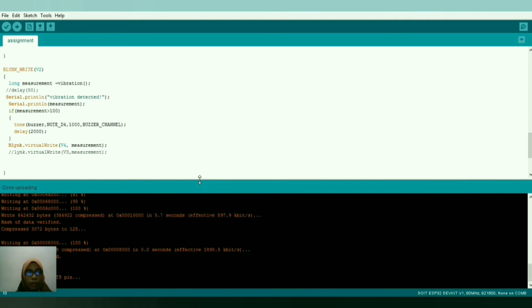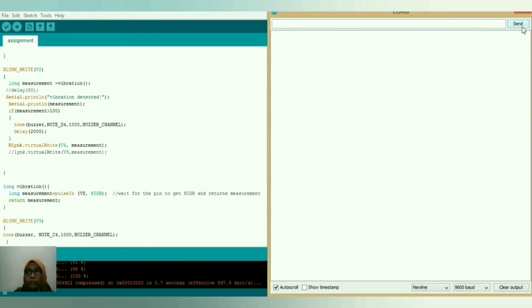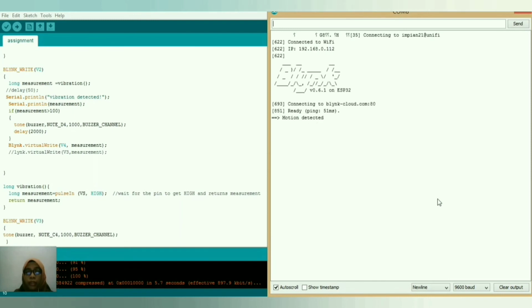So we have done uploading. We can check from the serial monitor, and if it doesn't show the output result, we click the enable button so that it can connect with Blynk.